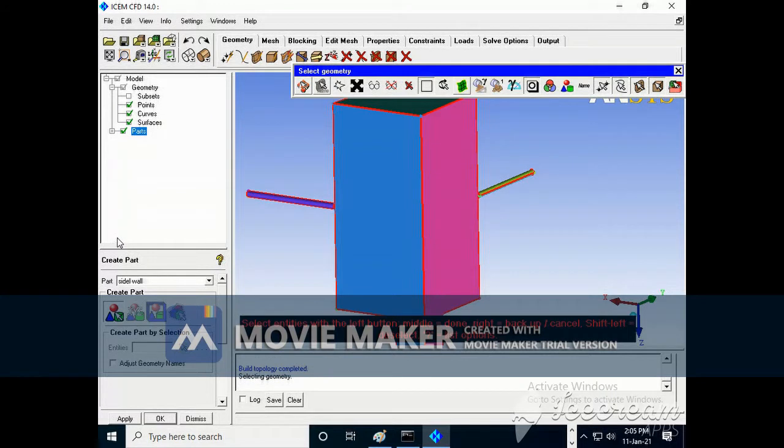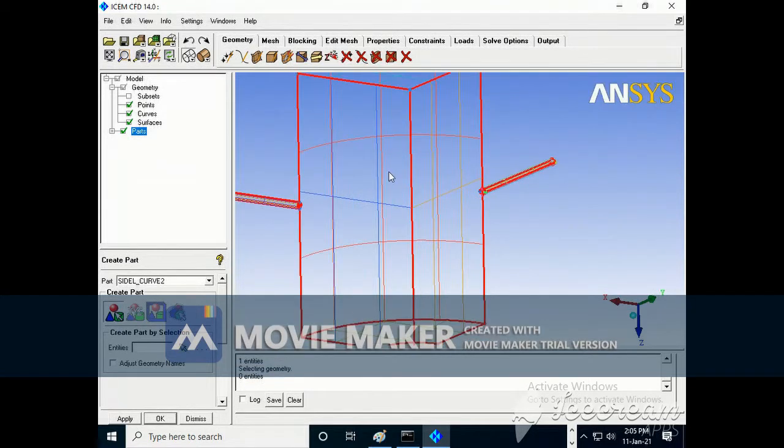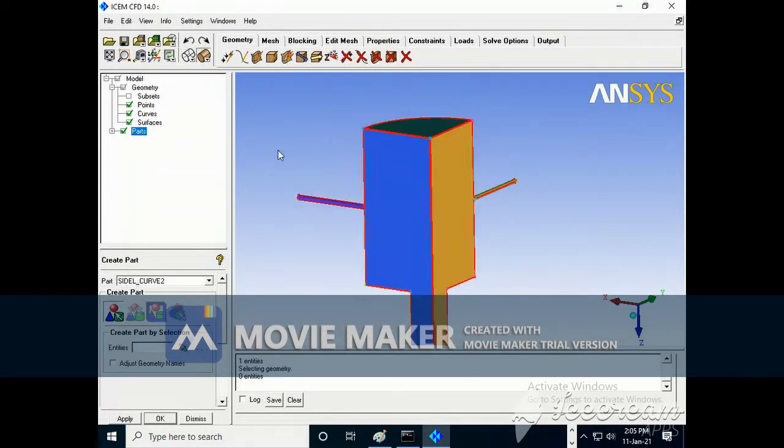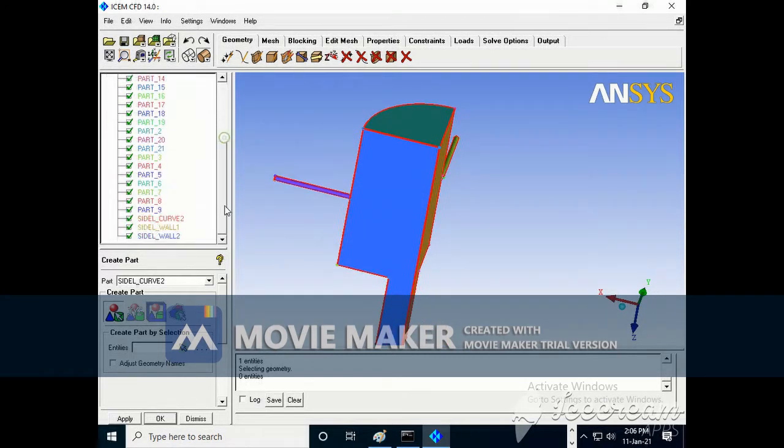There are 2 side walls, I can say side wall 1, this is one side wall, side wall 2 is another, and I can say side wall curve, that is the back side. Likewise you need to label it so that when you are willing to see detail, you can see the number of parts it has created.